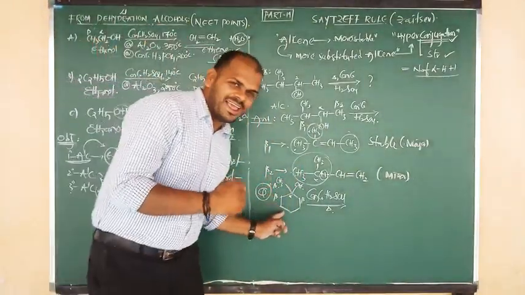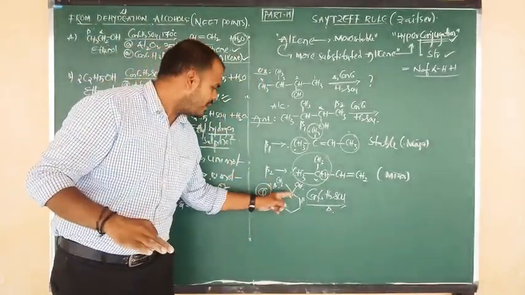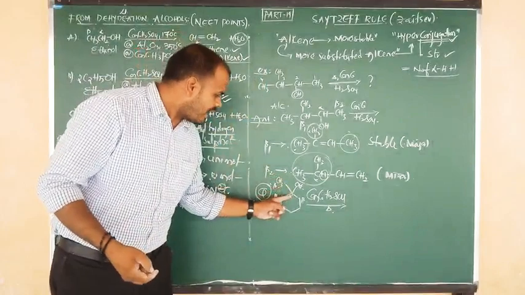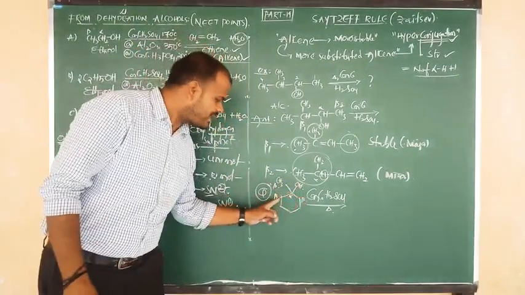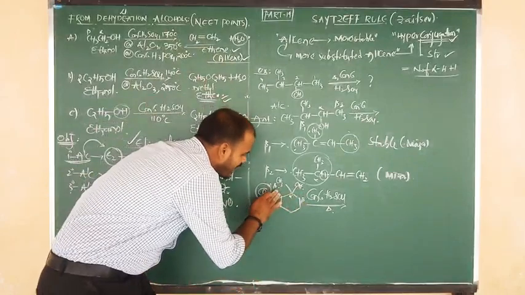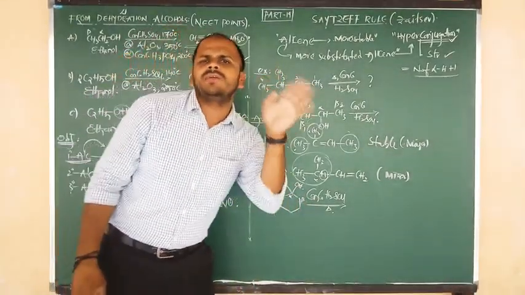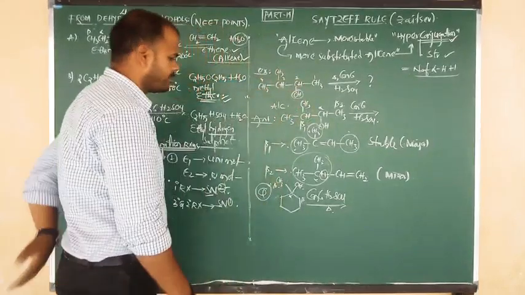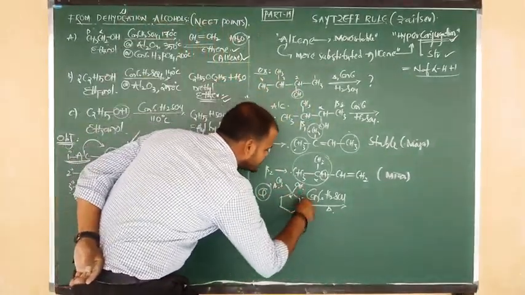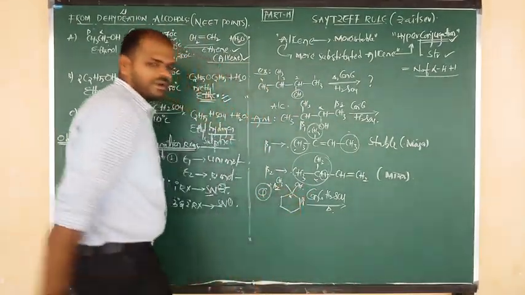Now see carefully in this question, how many beta carbons are there? 3. Above, CH3 is beta, and the carbons adjacent to alpha are beta. But in the ring, left beta and right beta are the same. So you can consider any one beta position as you wish. Good. You denote this as beta 1 product, and by using this other hydrogen it gives the beta 2 product.